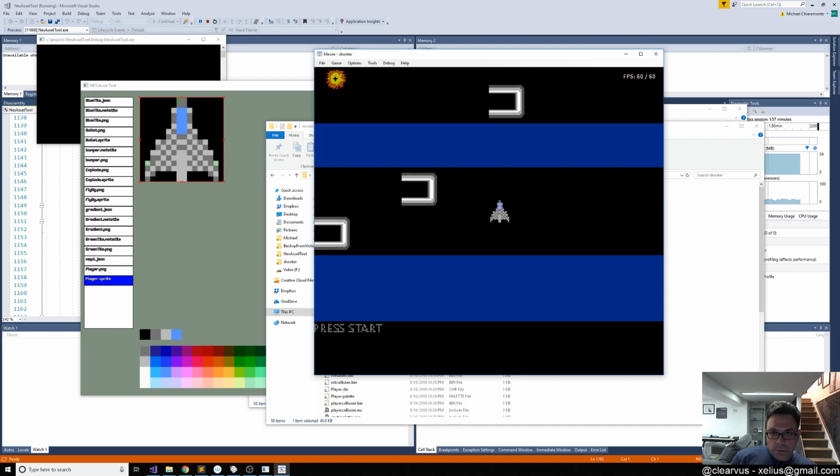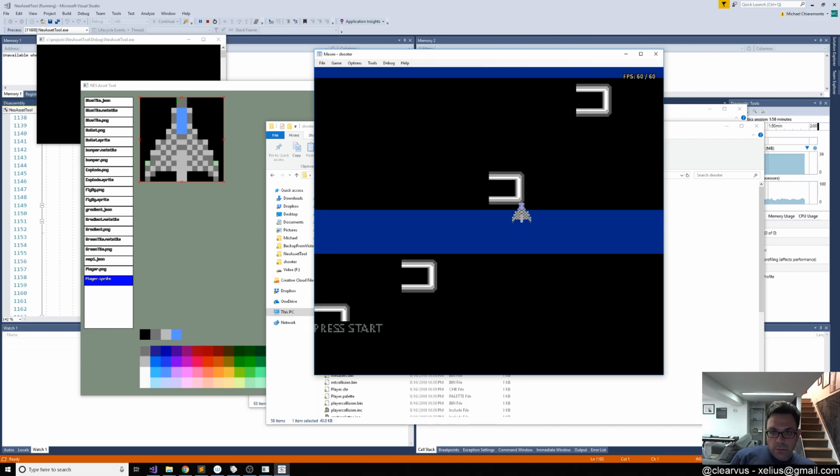All right, so we have the ship exploding now properly when it hits, and that's based on the collision points